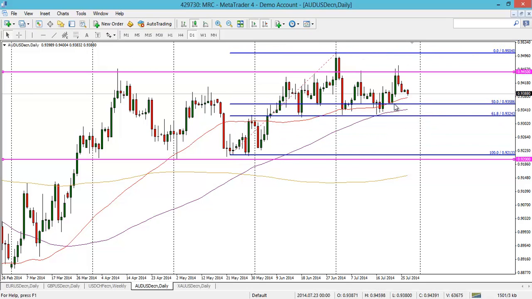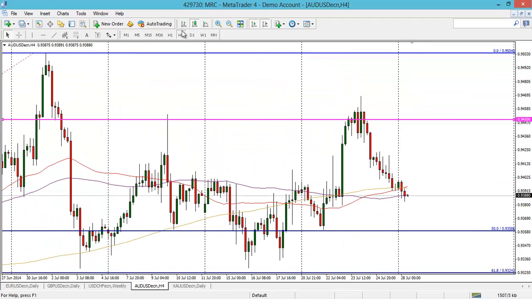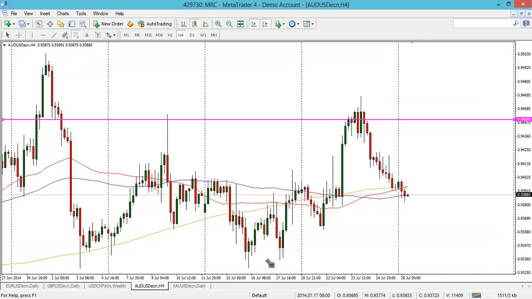That's acted as nice support last week. I think that was on Monday. And then in terms of the 4 hour, quite choppy, but the other move to keep an eye out for, which is currently in play, is this move